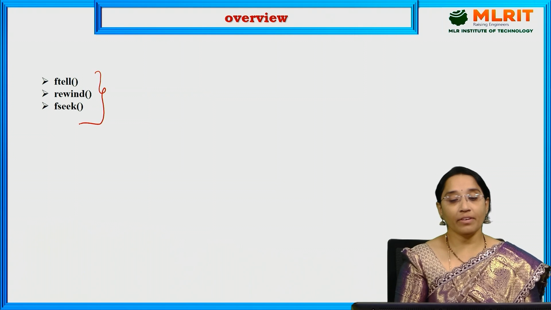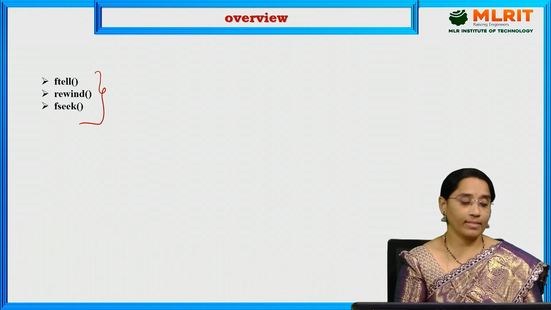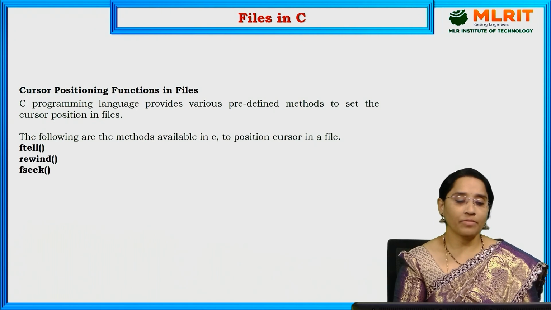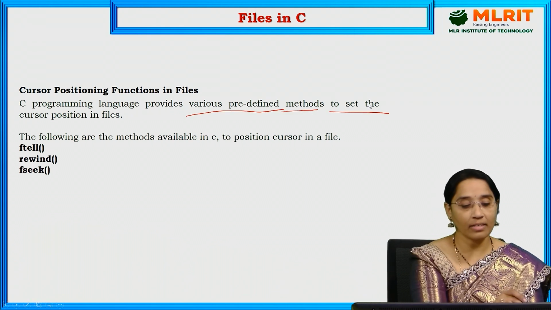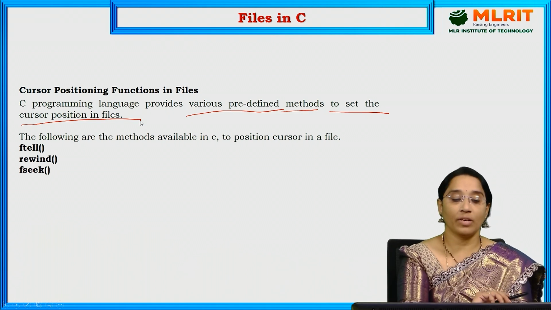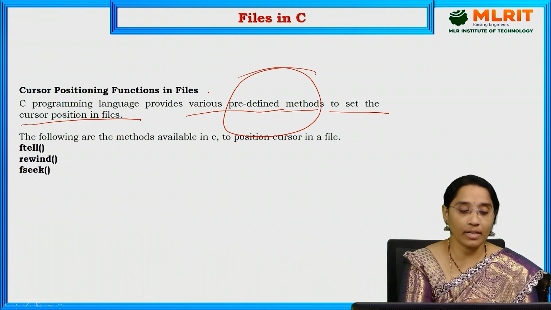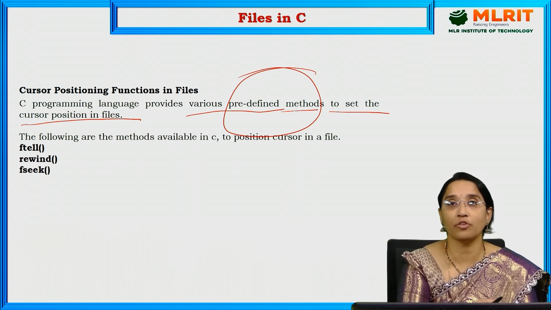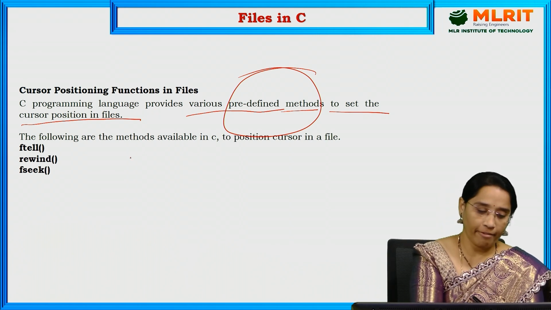These are the three functions for moving the cursor position: ftell, rewind and fseek. The C programming language provides various predefined methods to set the cursor position in files. If you want to set the cursor to any particular position, we have many functions, and some of those functions are ftell,